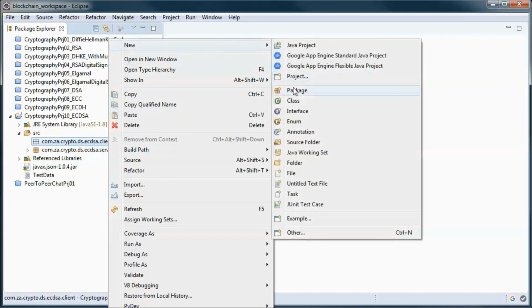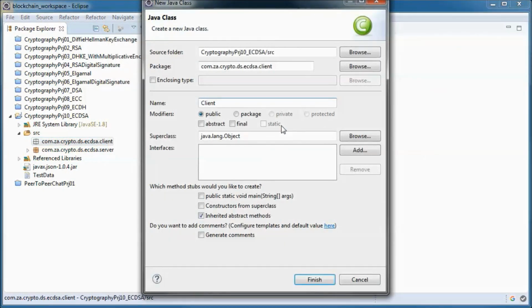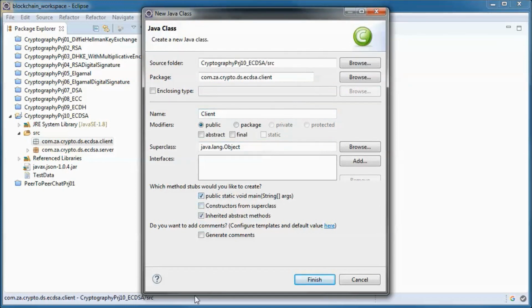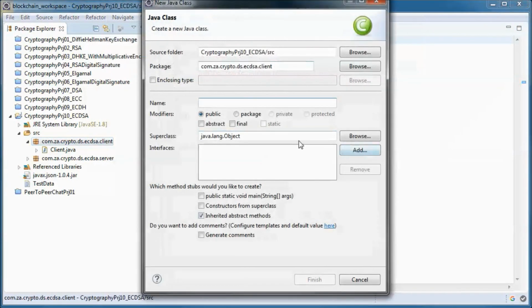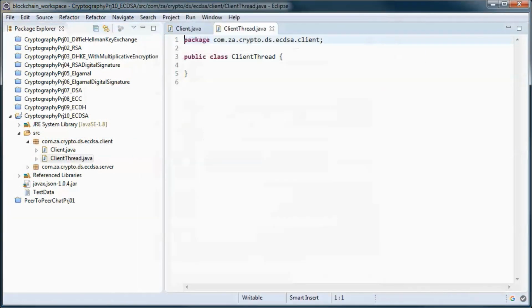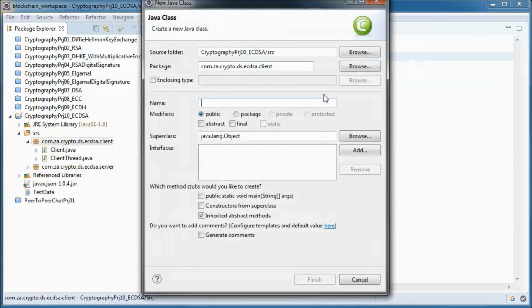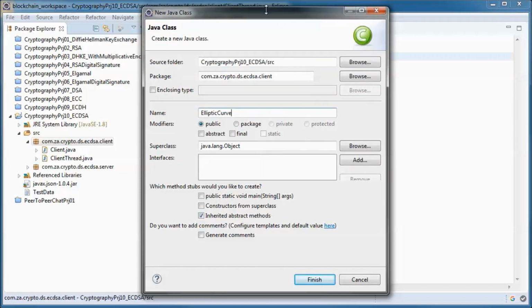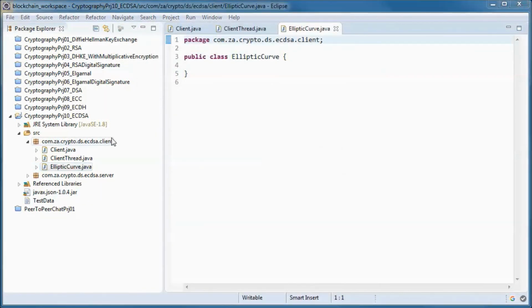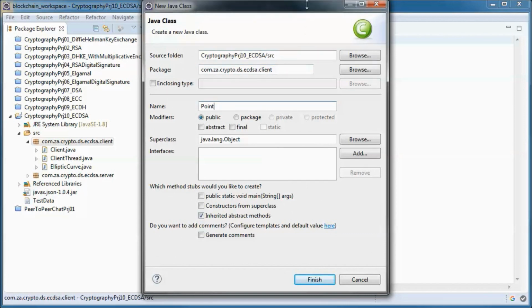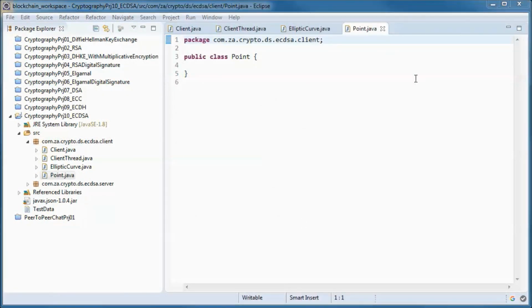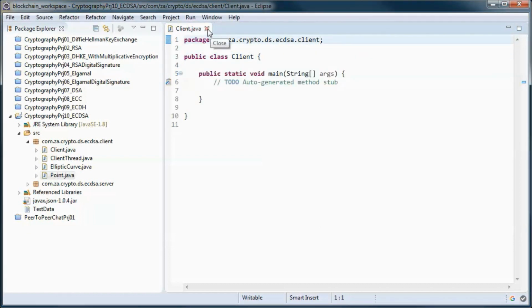And on the client side we will have four classes, a client class with a main method and a client thread class, which will extend from thread, and this class will represent the elliptic curve, and this one a point on the curve, and we will start from the server side.